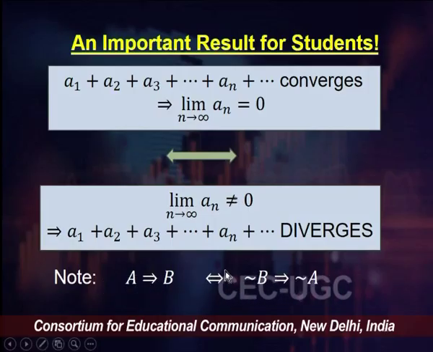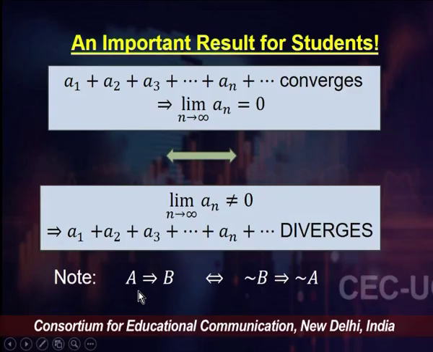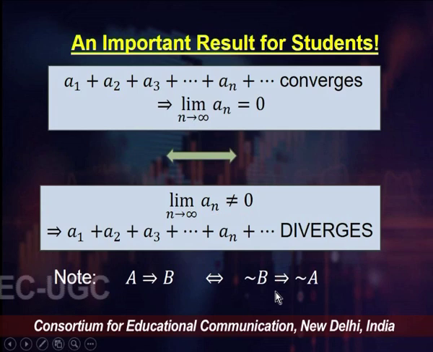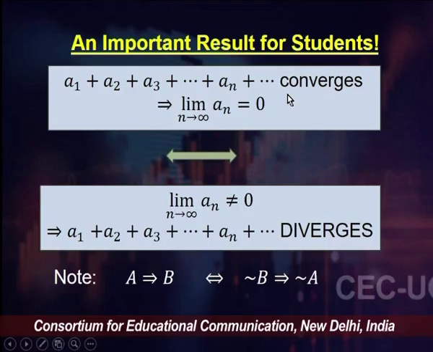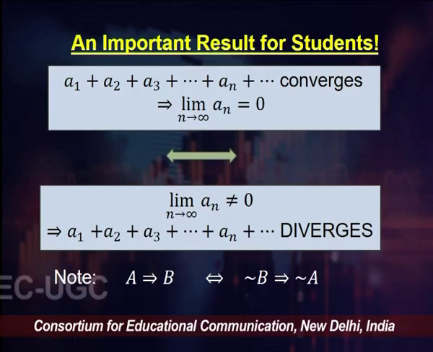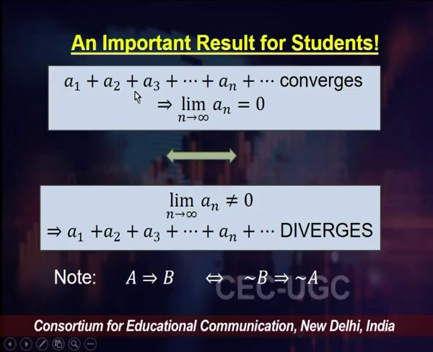Now see, if you remember your section on logic, when proposition A implies proposition B, that is equivalent to saying that not B implies not A, right. So, if A1 plus A2 and so on, if this general infinite series converges, and that implies that the nth term in the limit must be 0, then we can write not, so A is our left hand side proposition,